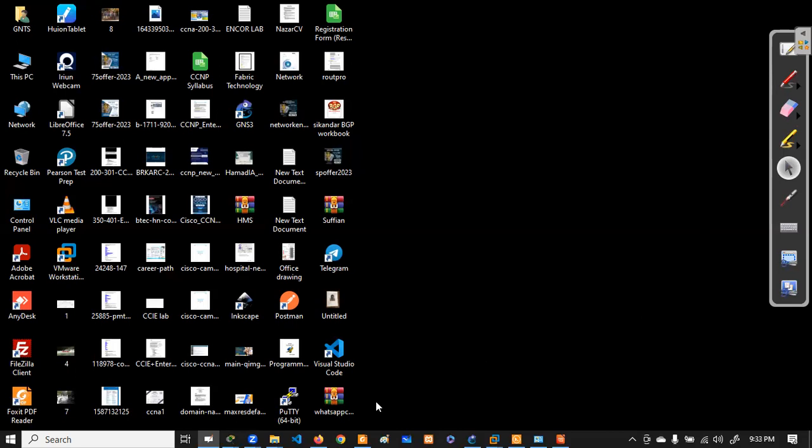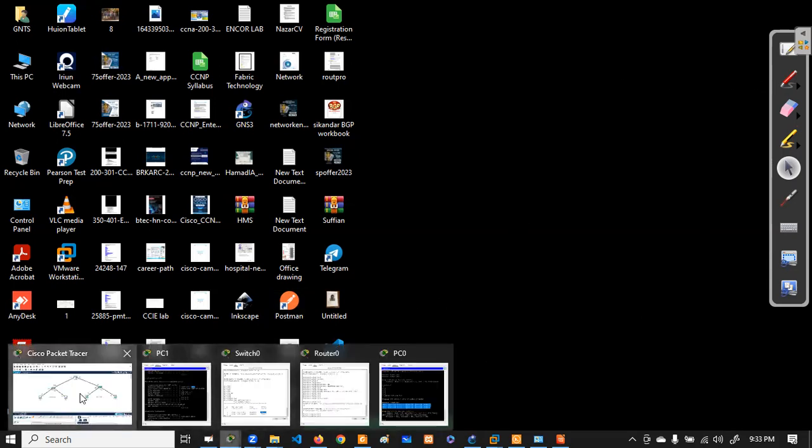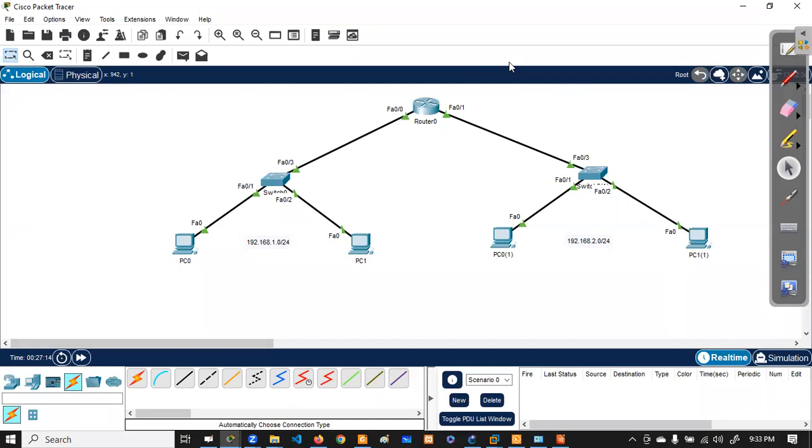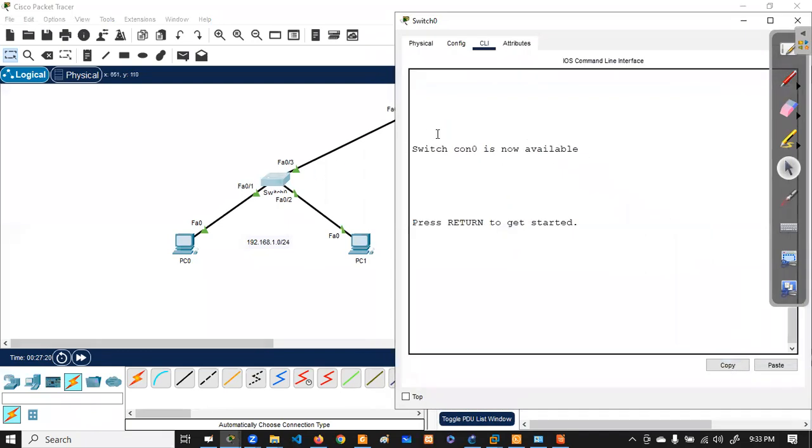VLAN, virtual LAN, means VLAN. Okay. It's virtual LAN. Here you can see it, Habib. This is a switch, right? We can assign VLAN to this switch. We can create VLAN in this switch.